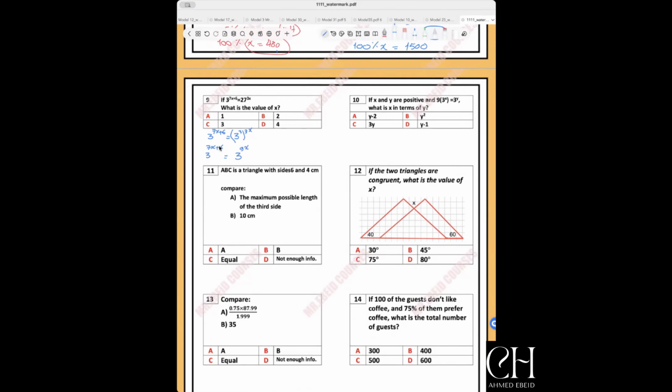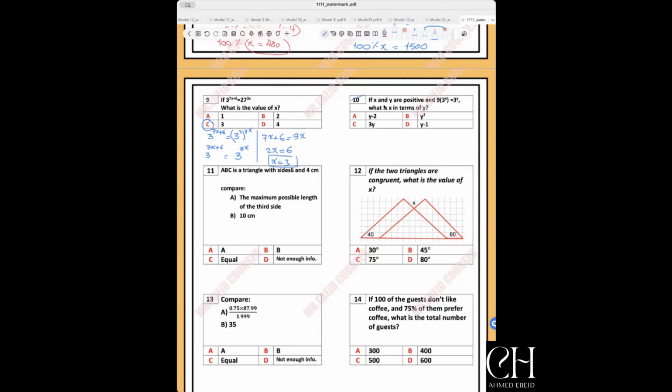Now we have the same bases. It means that the exponents are equal. So we have 7x plus 6 equals 9x. So 2x equals 6. Divide both sides by 2, which means x equals 3. So the answer is